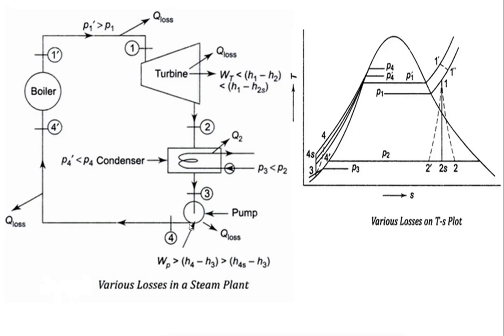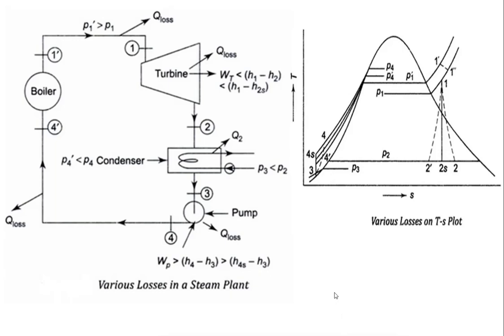It takes place in between pump to boiler and boiler to turbine, due to which some pressure drop occurs. And the second one is the turbine losses, due to which actual work done from the turbine is less than the ideal turbine. The ideal turbine is working on the isentropic process. Similarly, in the condenser some pressure drop is going to occur, and in the pump, the actual work required to pump must be more than the ideal work required to pump. The ideal pump is working on the isentropic compression process. You can see here, more work is required in the actual process.